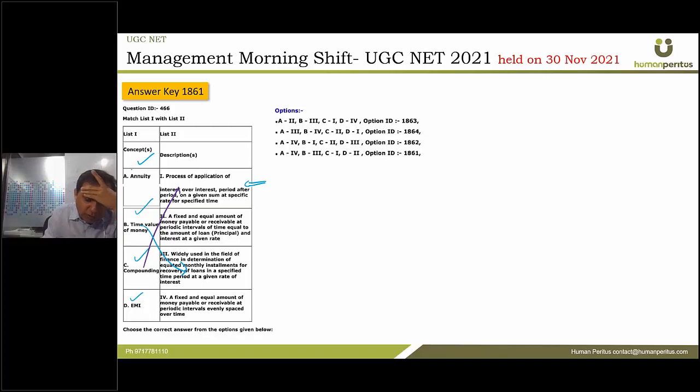Now there are two more, which are annuity and EMI. So guys, again they look quite similar because the amount is same and they are being repeated period after period. The only difference is that EMI will always cover your principal amount as well as interest amount. So your D will go with 2 and the annuity, remaining A, will go with the 4th. Correct answer will become D. Again, you can read them out from any book. The chapter is time value of money, FM.